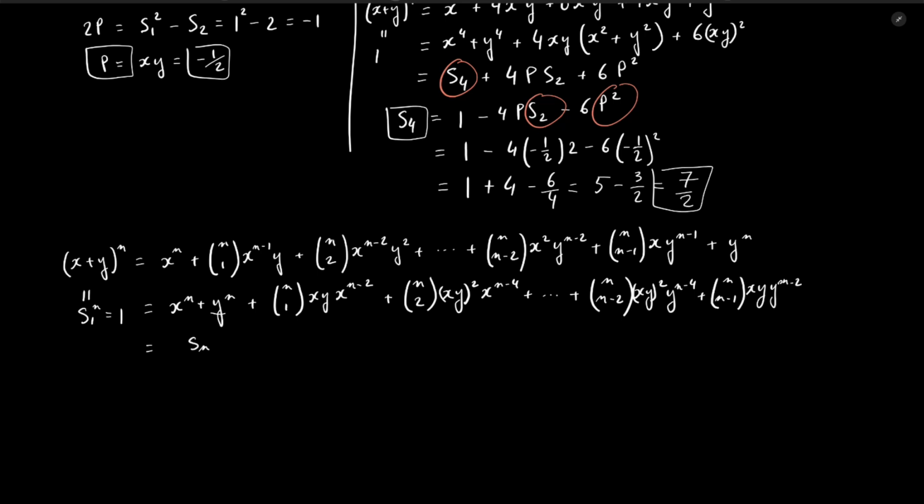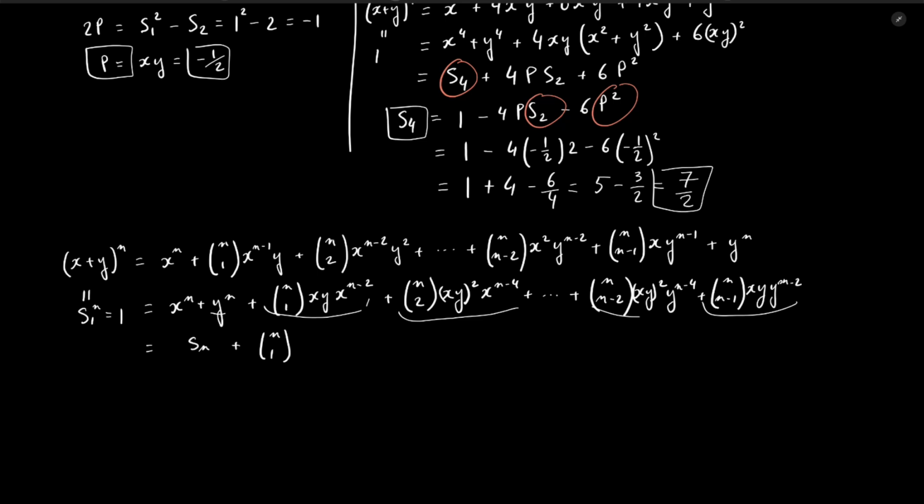But what you can see is that we have this element that goes with that element and this element that goes with that one. So we can do some pair of elements